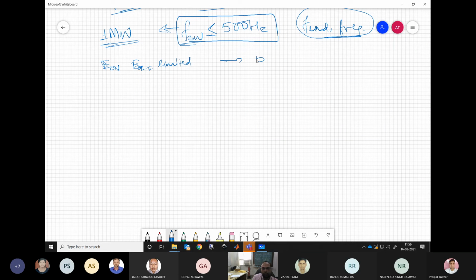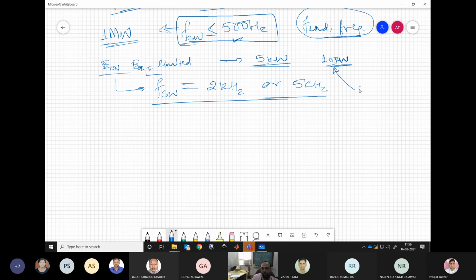Let's say for a system like 5 kilowatt or up to 10 kilowatt, this is something which is within control. This E on and E off is a small value. This is where our switching frequency is a little more relaxed. It's not constrained to these low numbers. So then it can be something like 2 kilohertz or 5 kilohertz.